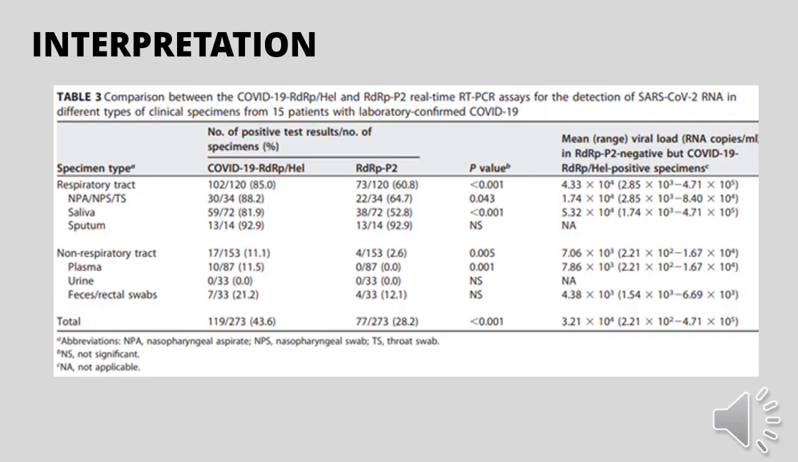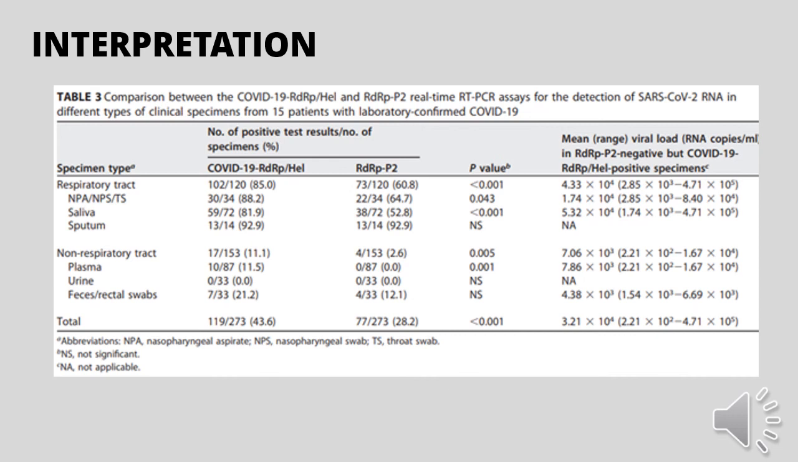In the detection of SARS-CoV-2 RNA in clinical specimens, the authors evaluated the performance of two assays. So these are the COVID-19 RdRp-Hel assay and the RdRp-P2 assay. With the results, a total of 120 respiratory tract specimens were collected from nasopharyngeal aspirates, throat swabs, saliva, and sputum specimens, and 153 non-respiratory tract specimens, which are